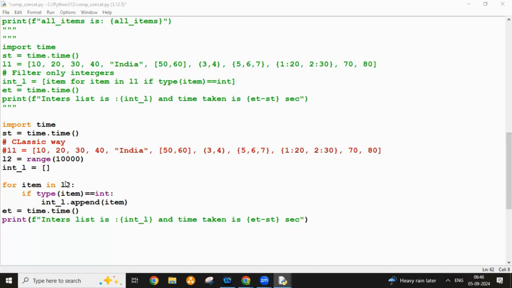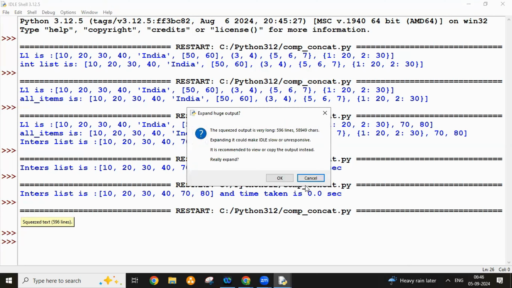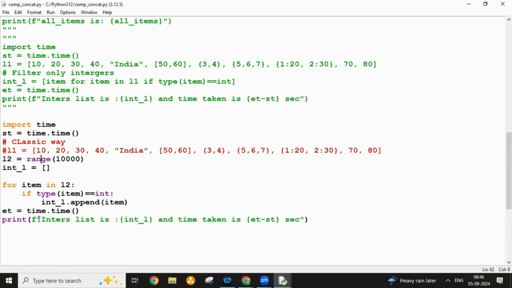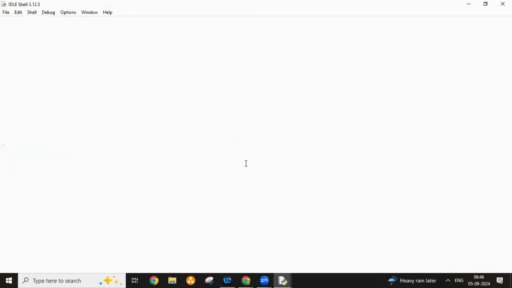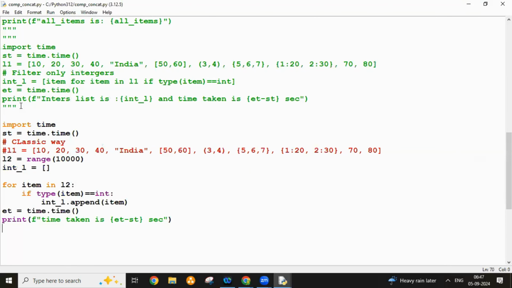Oh, we are printing it, man. Come on, one second. We don't want to print. It is just that time taken is this, right? Good. Let's trigger this one more time. Did you see this? Time taken is 0.0079. This much time. Okay, but when I do the same thing for comprehension,